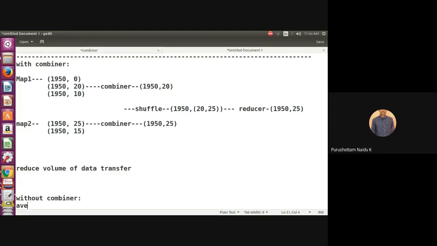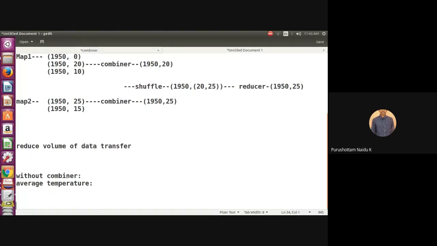Let's then calculate the average temperature. Without combiner, how much? 1950, comma the sum of these 5 records: 0 plus 20 plus 30 plus 25 plus 15, that is 70 by 5. How much are we getting? This is the average temperature without combiner. If you are using the combiner, what will happen?